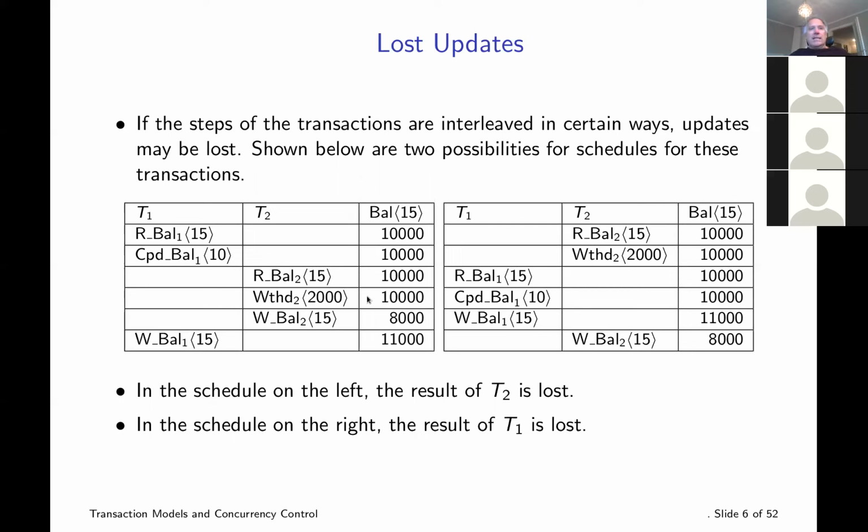So that is what happened here. This one's going to knock out transaction 2, and this one's going to knock out transaction 1. So these are not to be permitted. We don't want this kind of thing happening. We want to control things so the first one goes and then the second one, or the second one and then the first one. I hope that makes sense to people, why that would